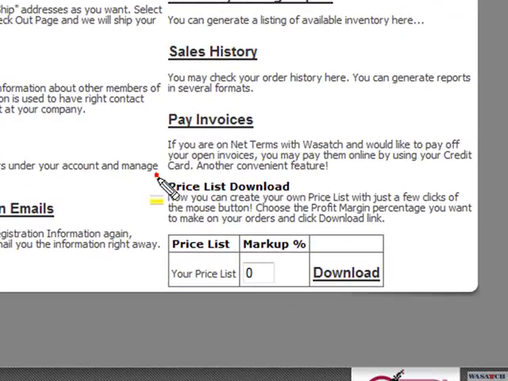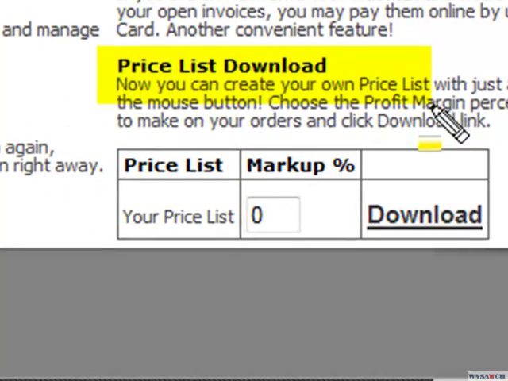Let's look at another cool feature that will help you in selling our products to your customers. Under Price List Download, you can download the entire price list. If you leave the markup at 0%, you will get the net price list. And if you add a markup percentage, it will bump up the prices by that